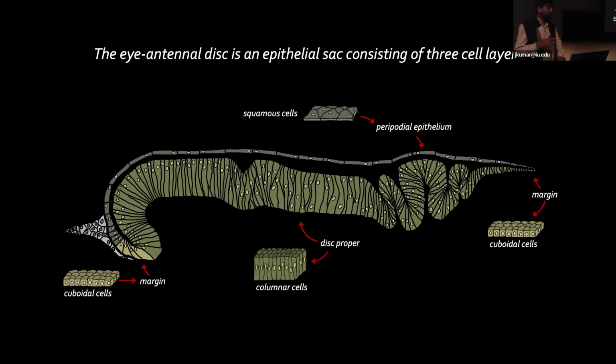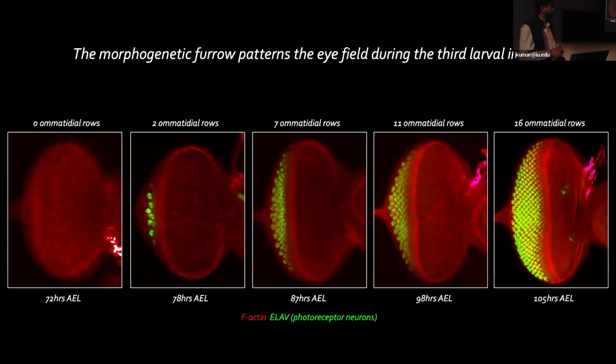So the beginning of the third larval instar is where you have pattern formation in the eye disc. At the posterior margin, a wave of differentiation will initiate. The anterior edge of this is called the morphogenetic furrow, and that furrow will actually migrate from the posterior end all the way to the border between the antenna and the eye, the most anterior margin. And as it does this, the sea of undifferentiated cells will be transformed into columns of unit eyes or clusters of photoreceptors.